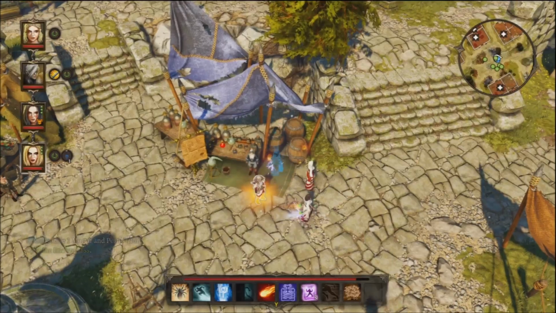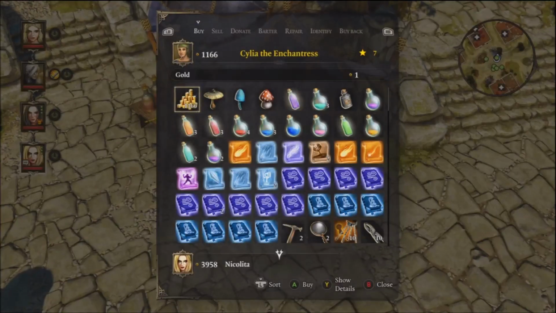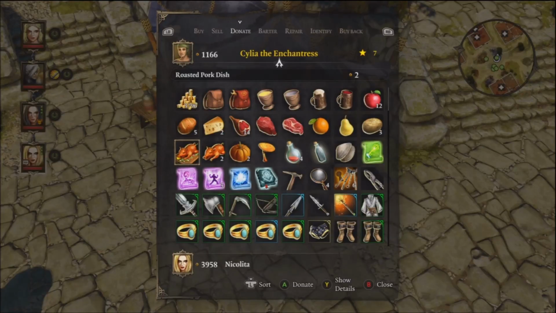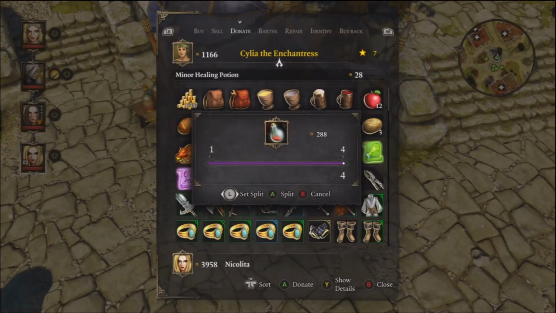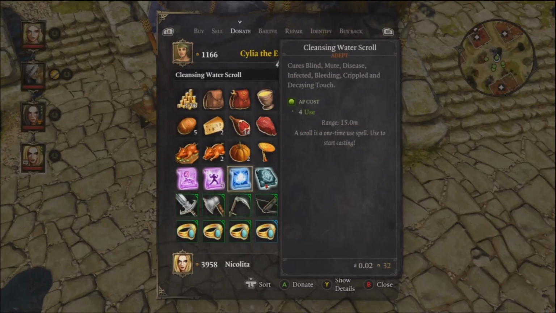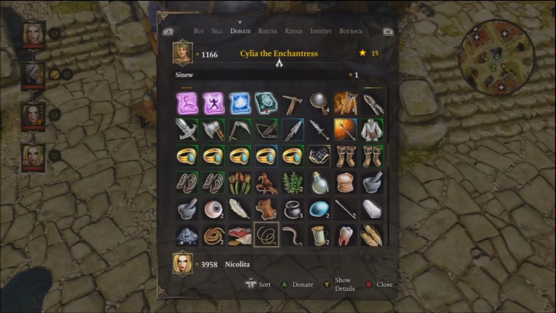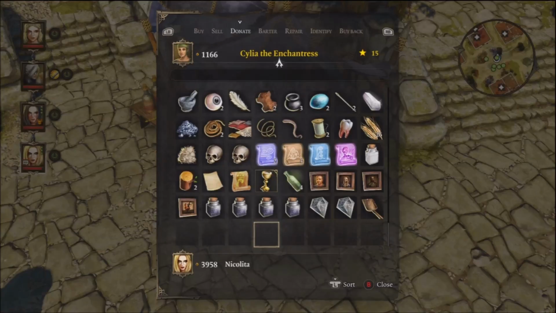It's kind of my thing. Oof, okay. We'll have to put a pin in that. Alright, so here's, I don't know, the alchemist, I guess. So I'm going to sell her all of my potions, and there are some other plants and stuff that I usually sell to her. Scrolls...